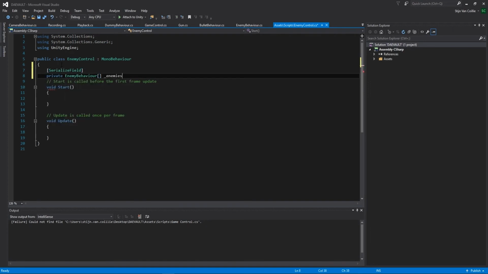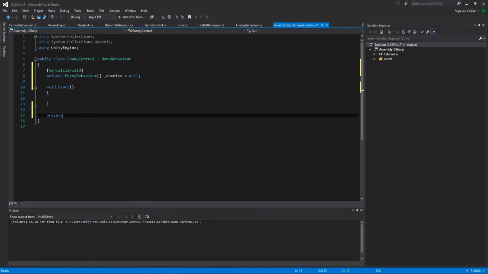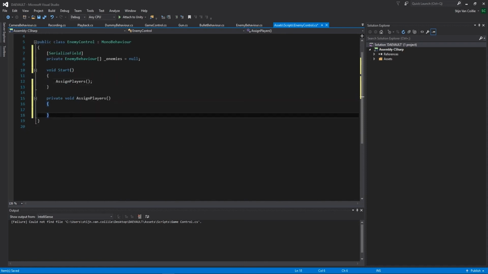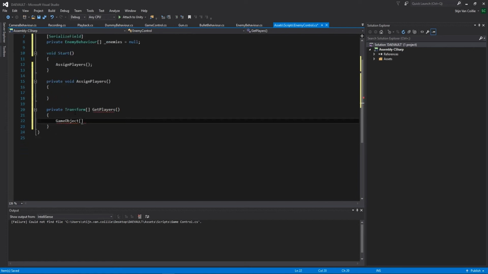In the enemy control, I will simply have a collection of all the enemies that are currently available in the scene. I can optimize this later on if I like. But it's important that I go over all those enemies and assign them the current players that are active within our scene. So first of all, I'll make a function that searches for all the players, then assigns those players to the enemies that are in my